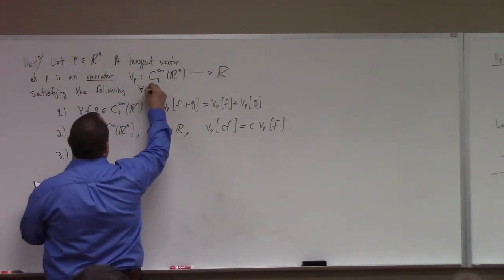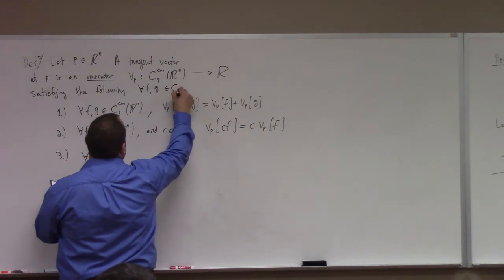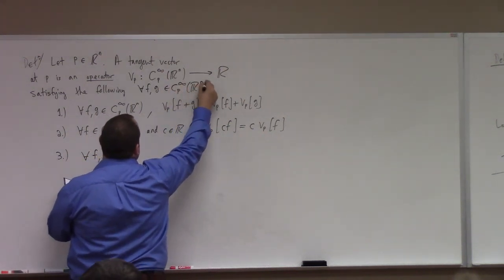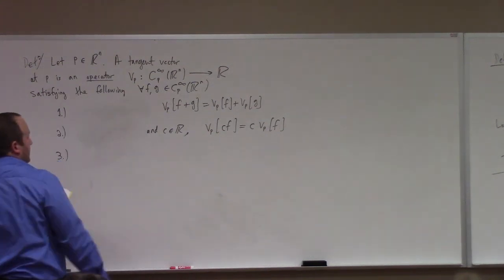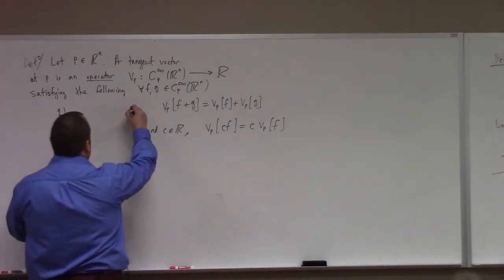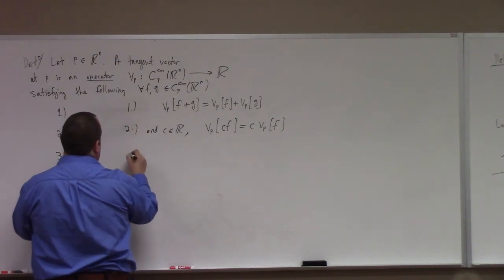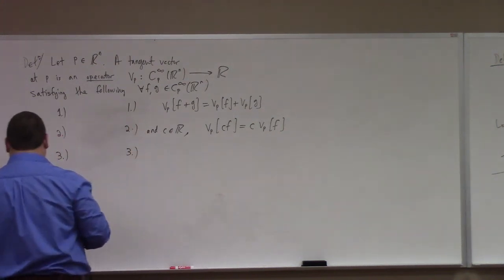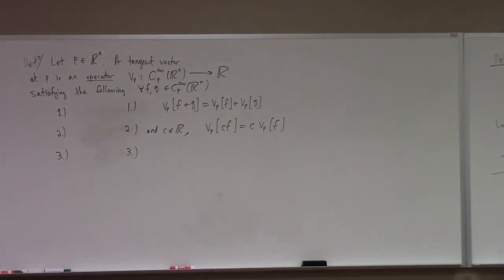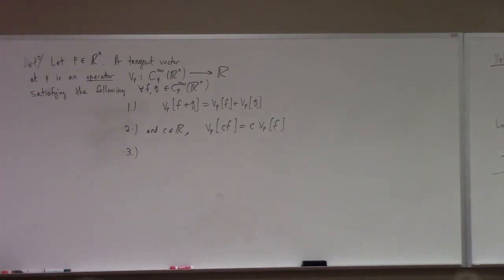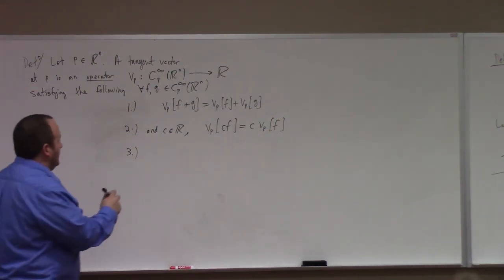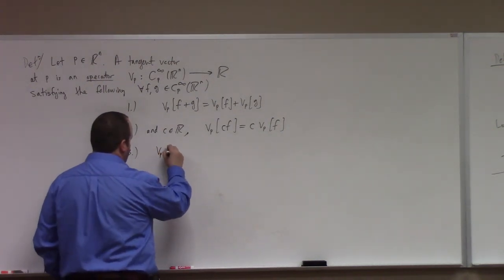And then finally, again, this is hurting me. For all f, g in C_p infinity of R^n. What's he doing to me? Good gracious. There. This is what happens from me not writing notes before and just trying to work out of a book directly. It's a beautiful book, but it's not set up for lecturing, you know? Goodness gracious. And then V_p of f times